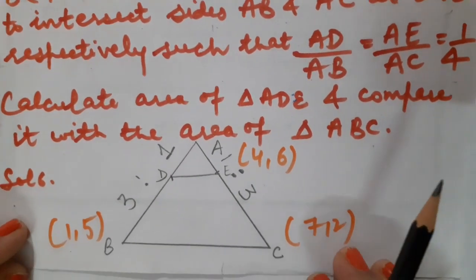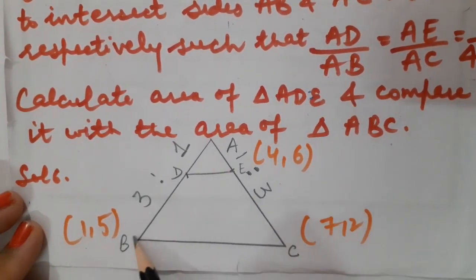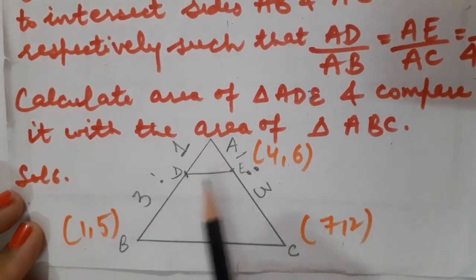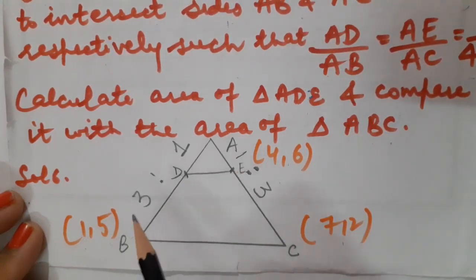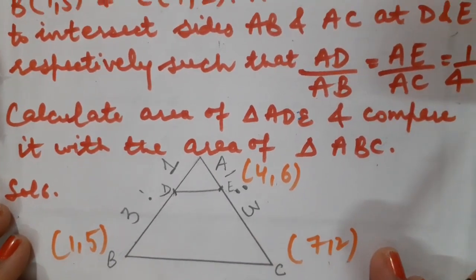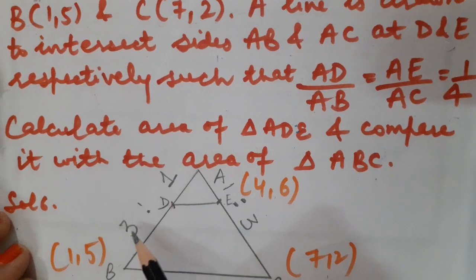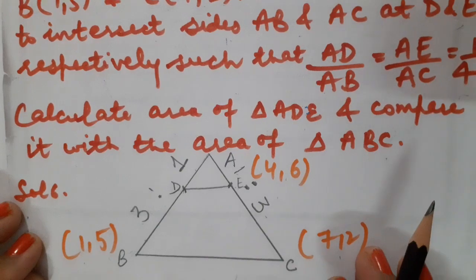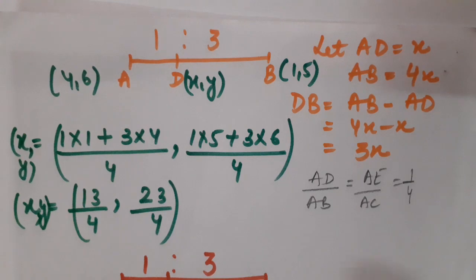Though I have taught you this concept earlier also, let us recall it once fast. ABC is a triangle whose coordinates are given. Here I have written it. After that, you will have points D and E. You have to plot them in such a way that the ratio is 3:1. Now the question arises in your mind, why here is it given 1:4? Why is ma'am saying to write 3:1 here? Similarly here also 1:3. For that I am going to give you the reason. This concept also I have explained to you. Just have a look.